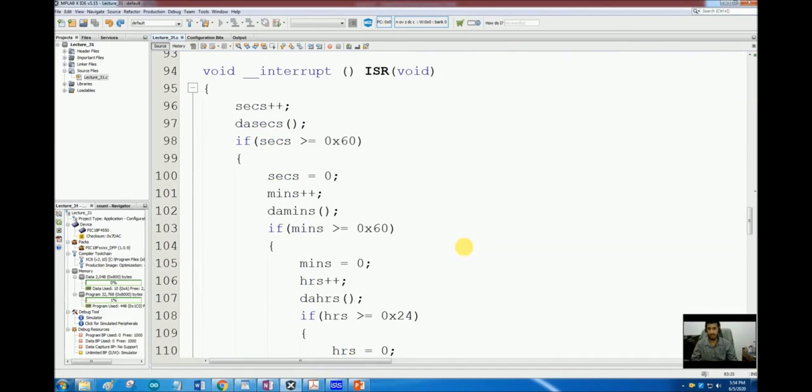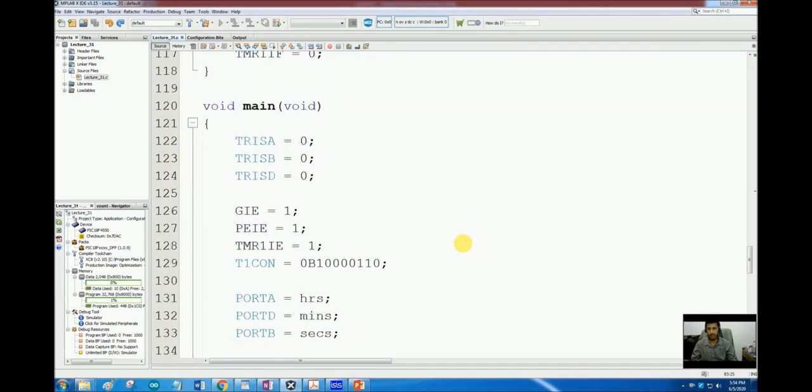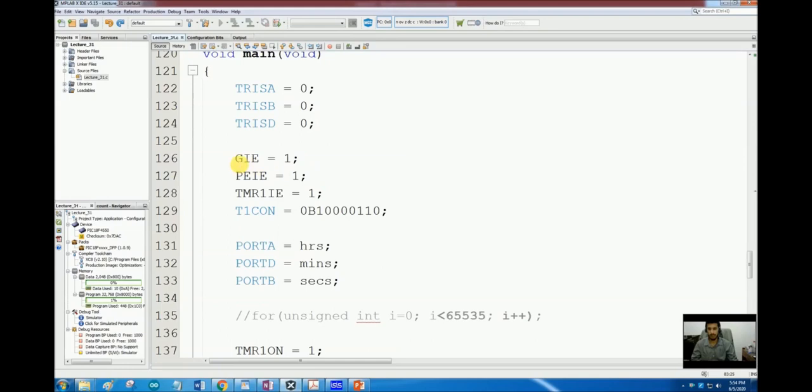And see here, going to the main subroutine, we have declared the port A, B and D as the outputs. We have enabled the global and peripheral interrupts, and then the interrupt for the timer 1 is enabled.